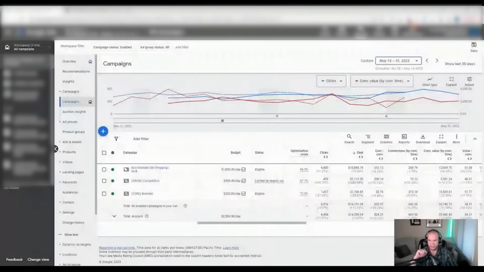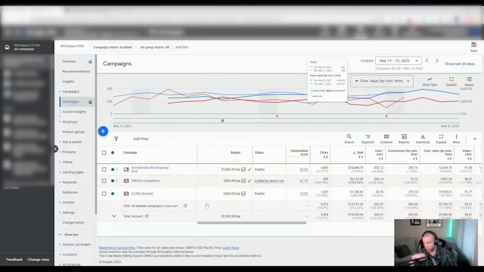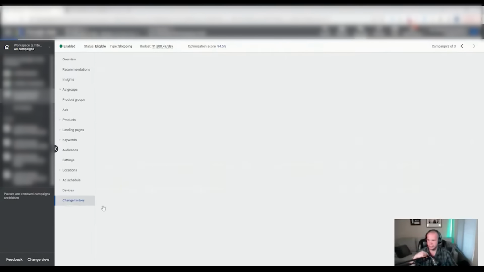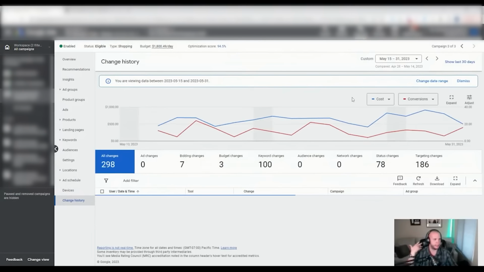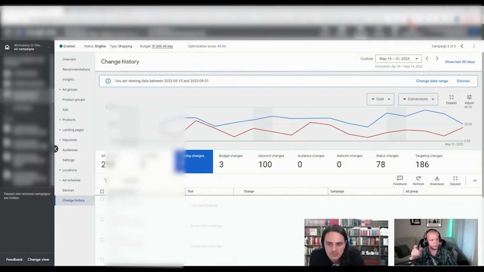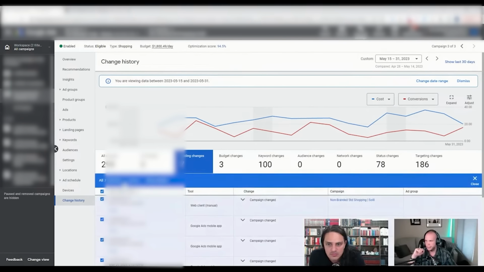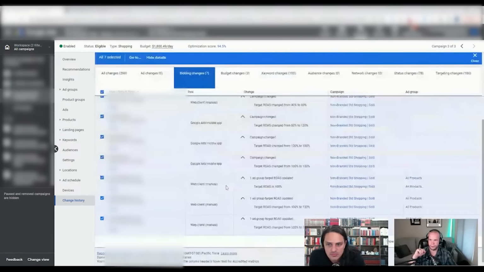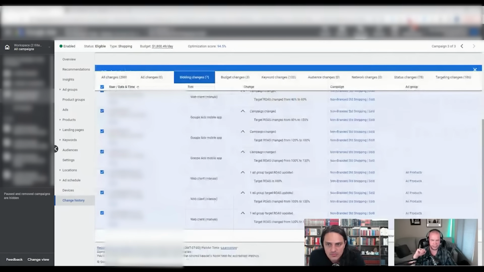So what I mean by that is, here's a small last 2 weeks window. On the 15th of this time period is when I bowed out and let the CMO take over. And the CMO took over and said, hey, I disagree that a 40% tROAS is actually working. If you're hitting your target, why not increase? And I said, well, if you increase the tROAS, all you're going to do is hurt the back end, but you're going to make Google look a little bit better, even on standard shopping. So we had this go from 40% tROAS all the way up to 140%. It was a big increase.